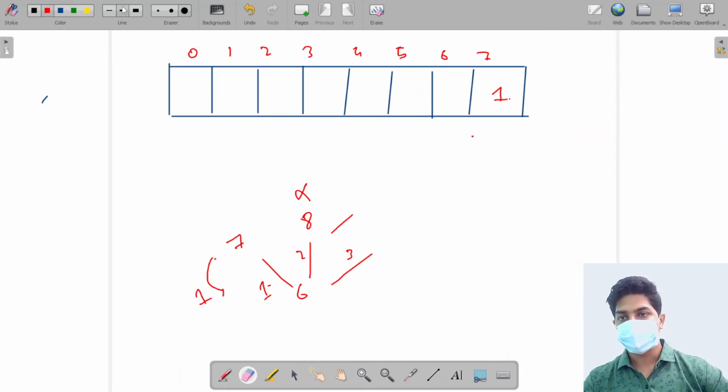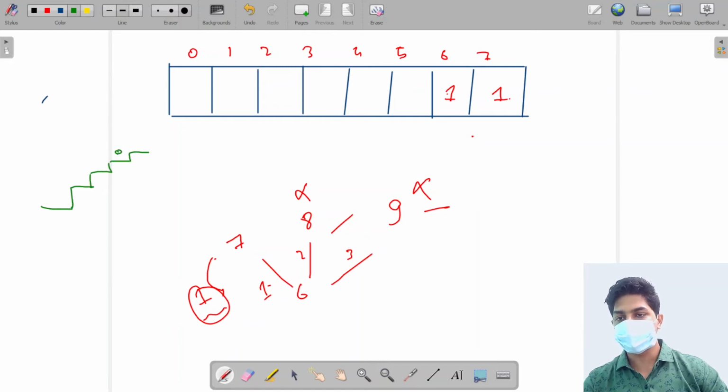Now analyze the third jump. If we take a jump of 3 unit, we will reach 9. This is also exceeding the destination, so we will not take this jump. So our answer will be only 1. If we are on the 6th step, there is only one way to reach the 7th step, and that way is to take a jump of 1 unit, and we have written 1. So that means we are doing it correctly.